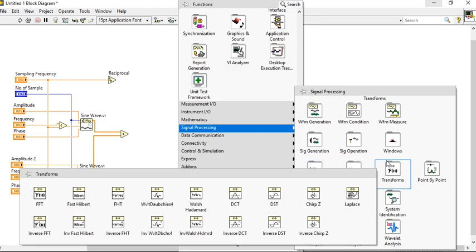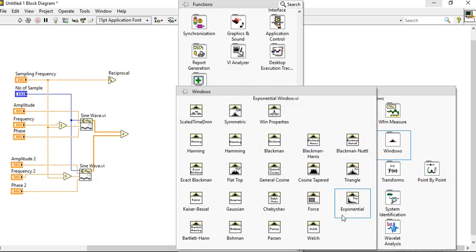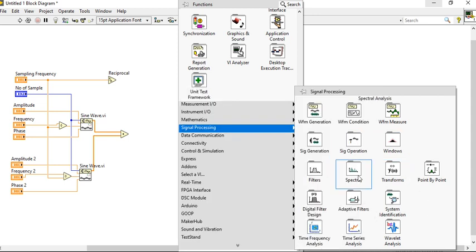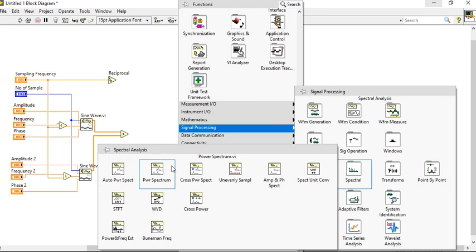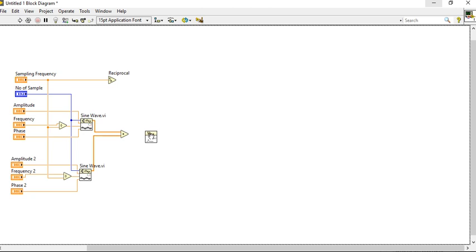Windows, there is no amplitude and phase spectrum. Spectral, there is an amplitude and phase spectrum. Okay, it's present inside the spectral palette. So let's take this here.